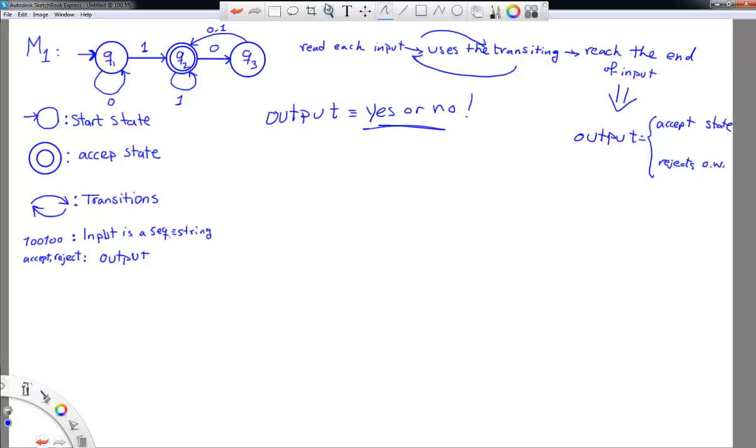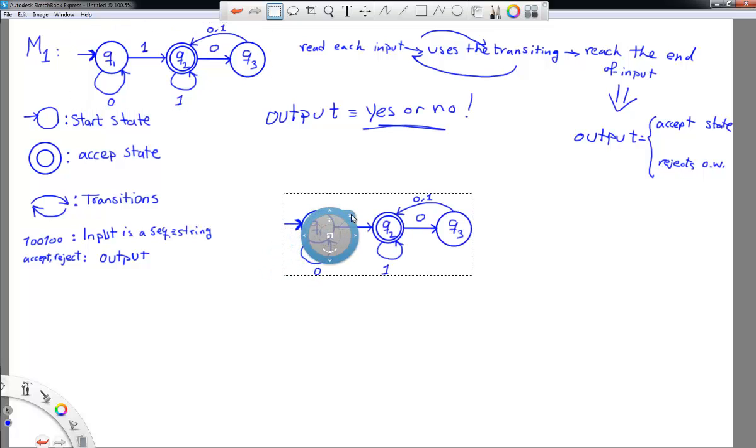So for example, let's take a look at this string 100100. Let me actually redraw this automata down here. Okay, and now let's see what it does over reading the string. So let's say that my input was